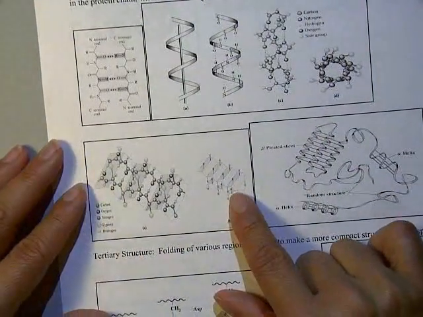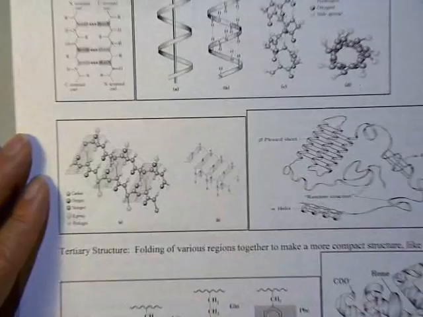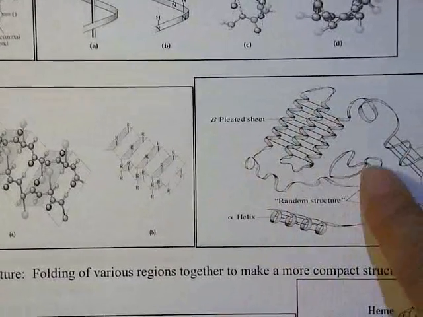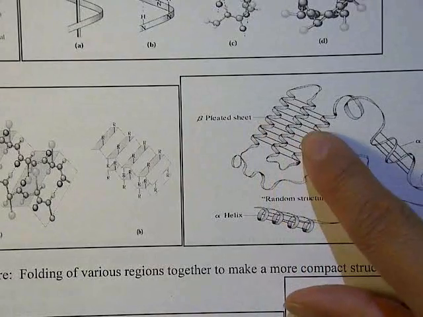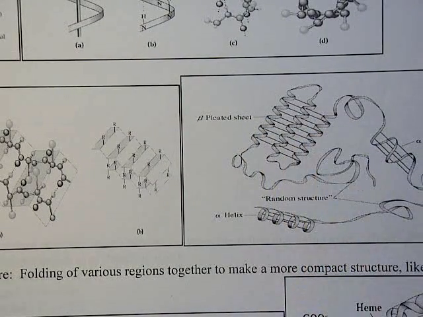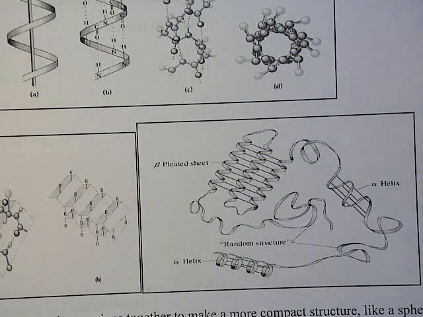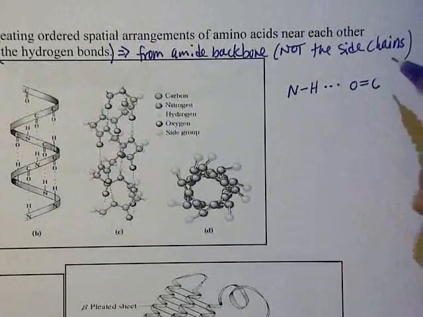Okay, so there's a picture of it right here, and this is a ribbon diagram of what a beta sheet would look like, how they're arranged like this. Okay, so the hydrogen bonding between the nitrogen hydrogen, the NH, and the carbonyl, that's what's responsible for